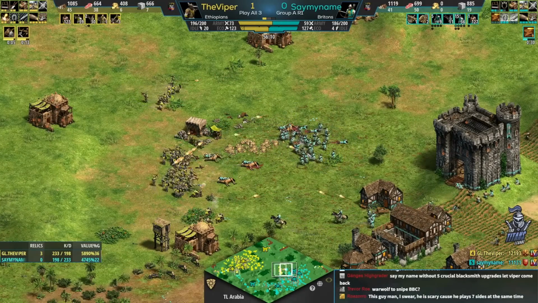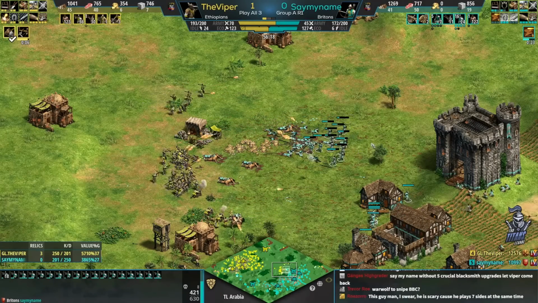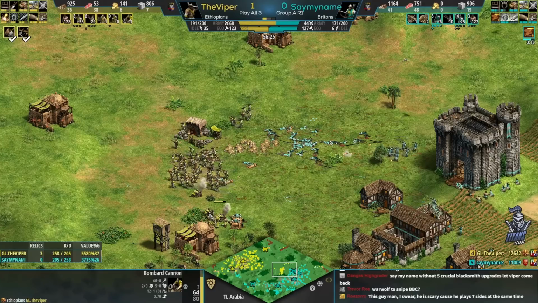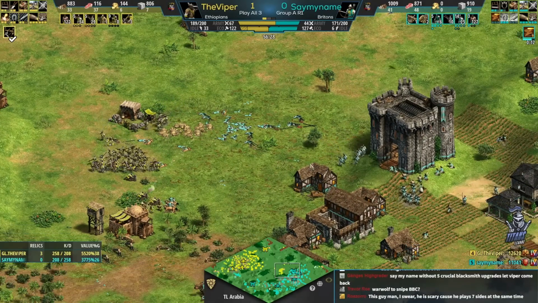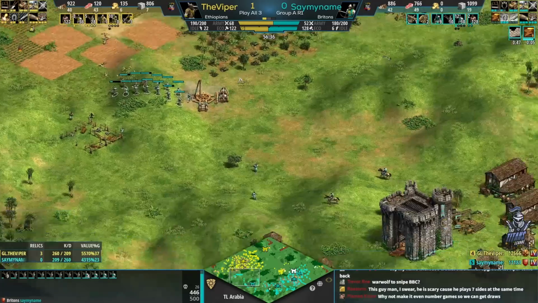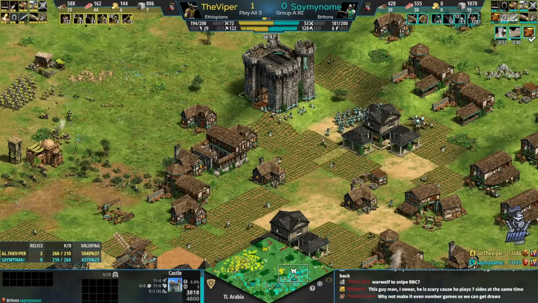But I don't know if you go in against Torsen Engines. He didn't know until now that Viper had Torsen Engines. What a disaster. What a disaster. And Viper even has the Vills there, too, repairing the cannons. Still, though, the raid is here. We still have Trebs as well. And now it's tough for Saymyname because he needs to raid with some stuff, but he also has to defend with everything at the same